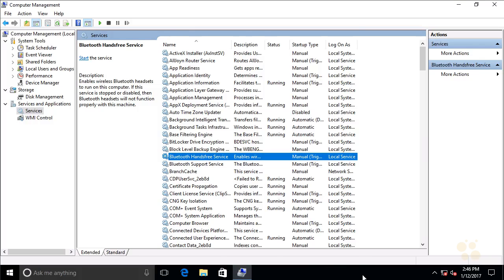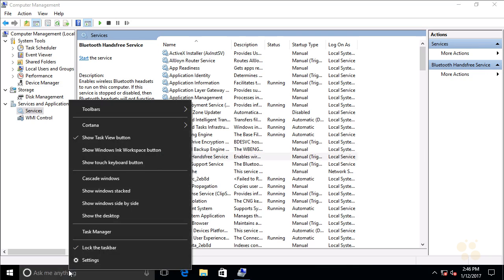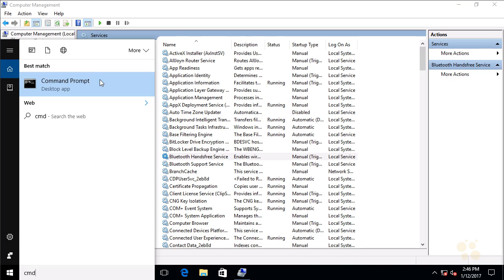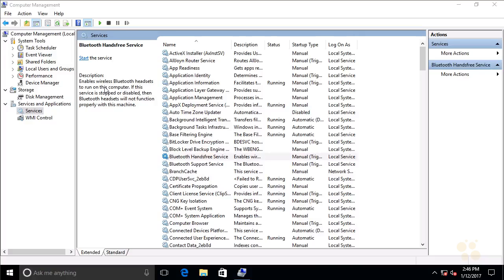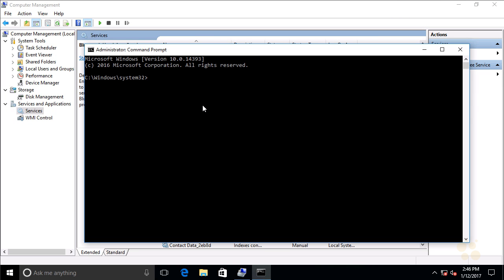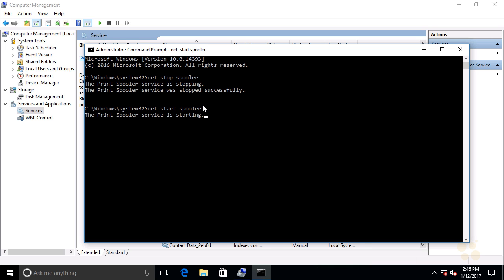Now, services are so critical, there must be command line options and PowerShell options for managing them, and there are. So let's go to a command prompt. Let's launch it as an administrator, and let's see one way at the command prompt we could stop a service, for instance. Let's do net stop and then spooler. This will stop the print spooler service. Awesome. Now let's do a net start spooler, and hopefully we start that service again,